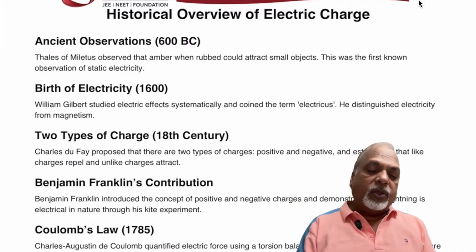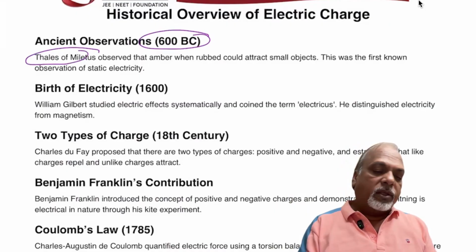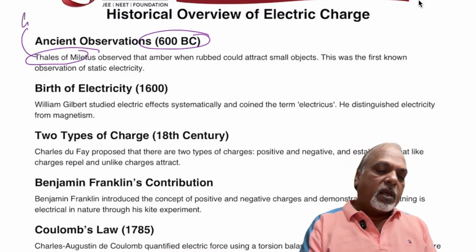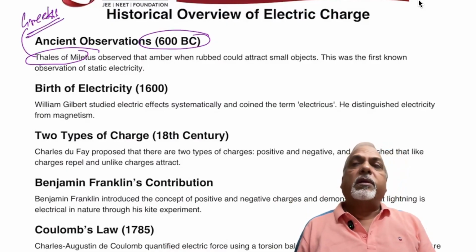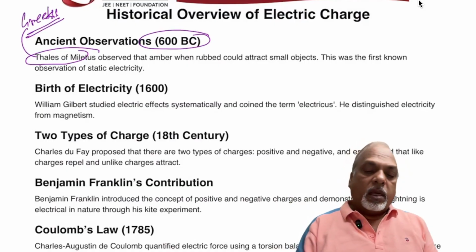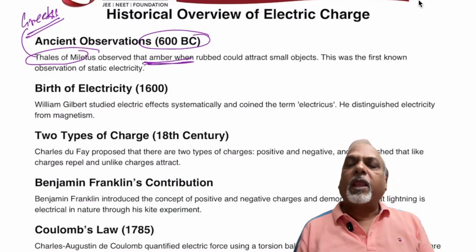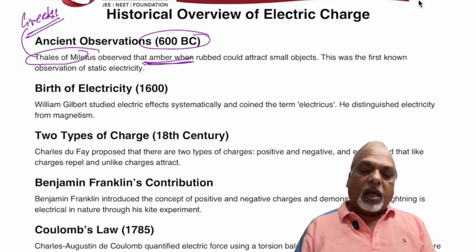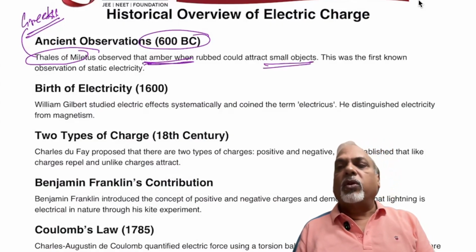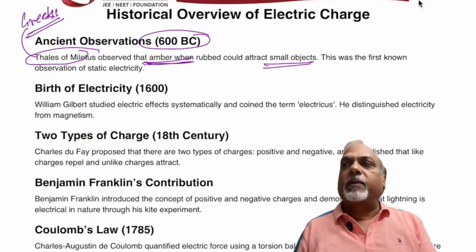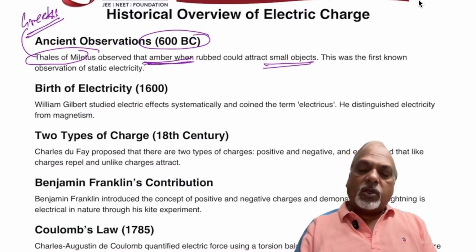In 600 BC, some Greek philosophers noticed that when you rub amber with a stone, it starts attracting small objects, as we have seen today your comb starts attracting bits of paper. So this was the first observation known